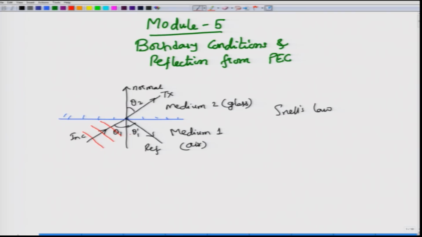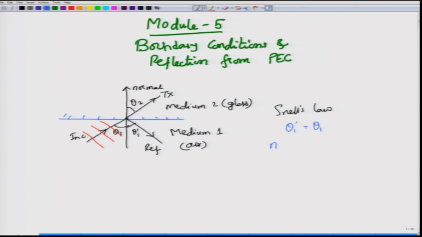What Snell observed was that the angle of reflection, which is theta 1 prime, is exactly equal to the angle of incidence. This is called the first Snell's law of reflection, or first Snell's law, and this pertains to reflection. And the second law that he formulated, by a lot of careful experiments, was that